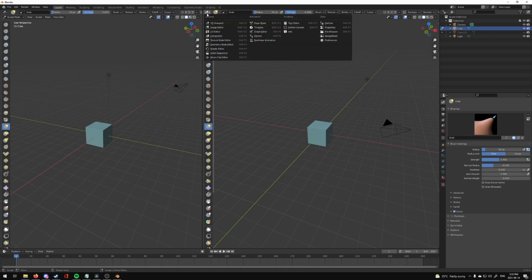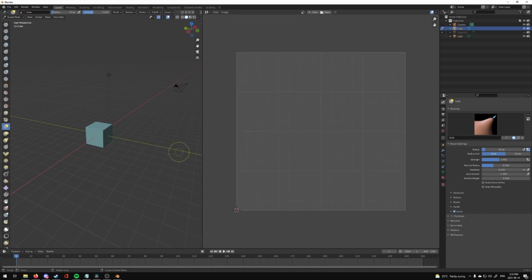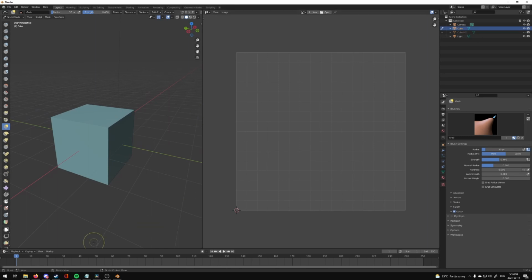This will be useful for us, especially for UV editing, because we'll be able to have our model in view and be able to work on our UVs, which we'll discuss in the future, right here. And that's just very useful. And you can do the same thing from below, if it lets me. I guess not. Yeah, it's not quite letting me, but